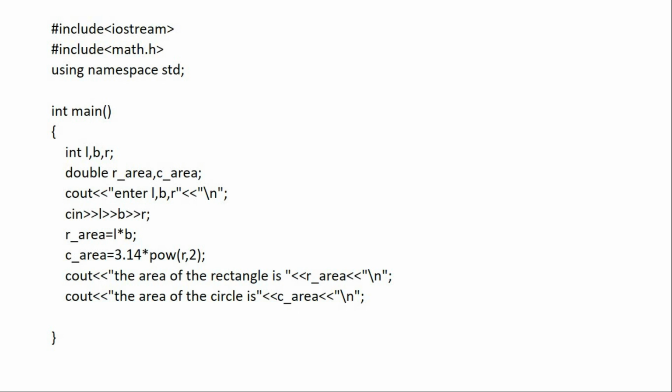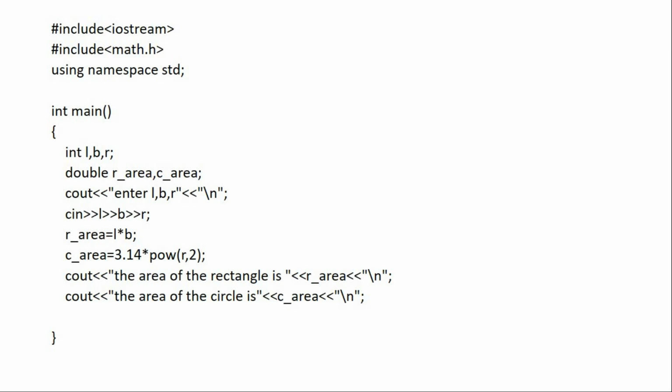We have three integers, int l, b, r. They stand for length, breadth and radius. Next line we have double, which means I am expecting some floating variable, some decimal points. So we have r_area and c_area, r_area for rectangle area and c_area for circle's area. Then we go ahead and prompt the user to enter the length, breadth, and the